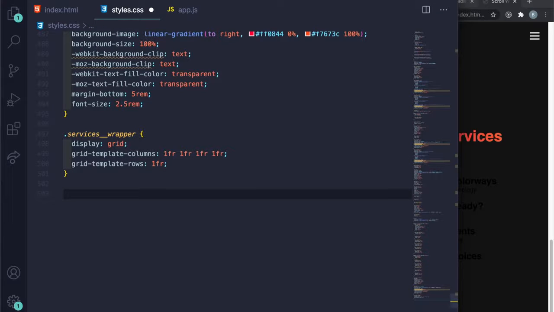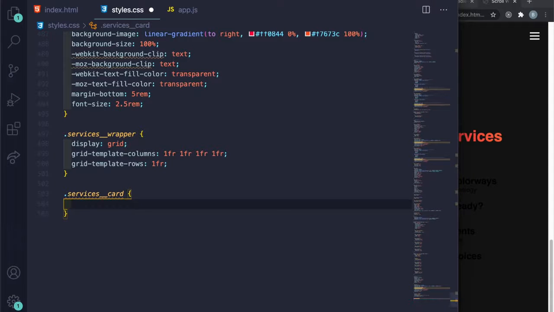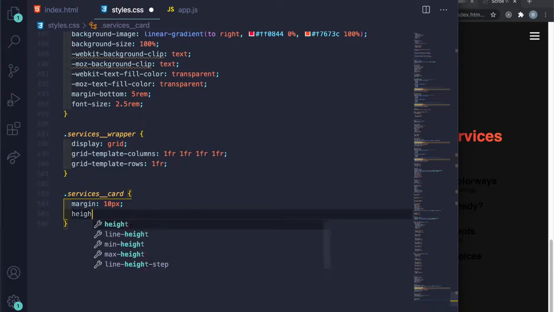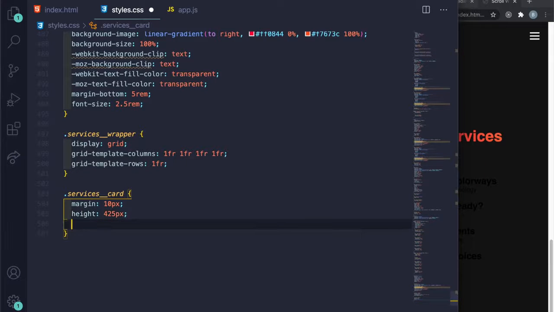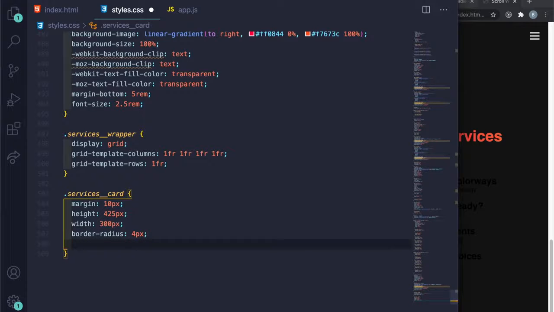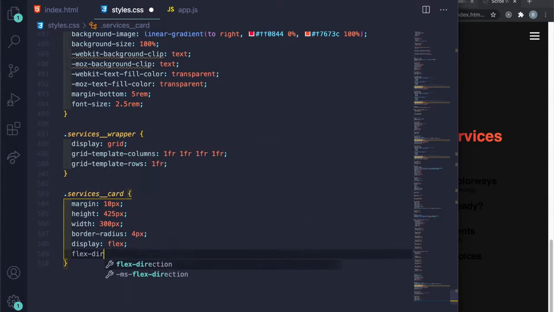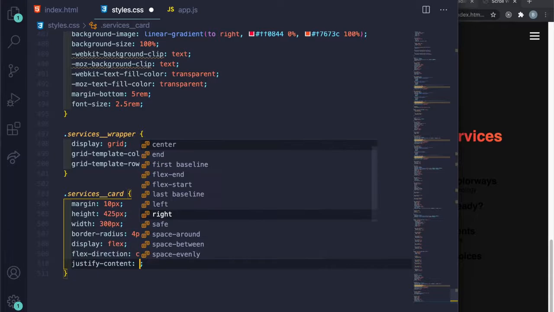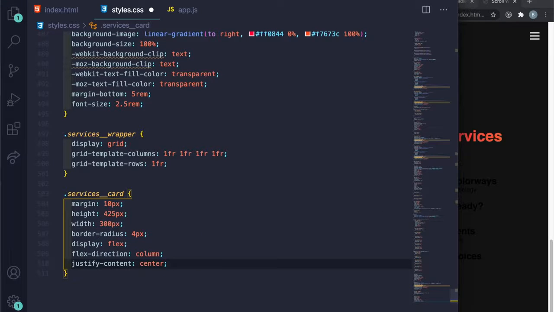And then underneath here, let's do dot services__card. I'm gonna say margin 10 pixels, height to be 425 pixels, width to be 300 pixels, border radius to be 4 pixels, display flex, direction, I want this to be a column, justify content center, color hashtag FFF,